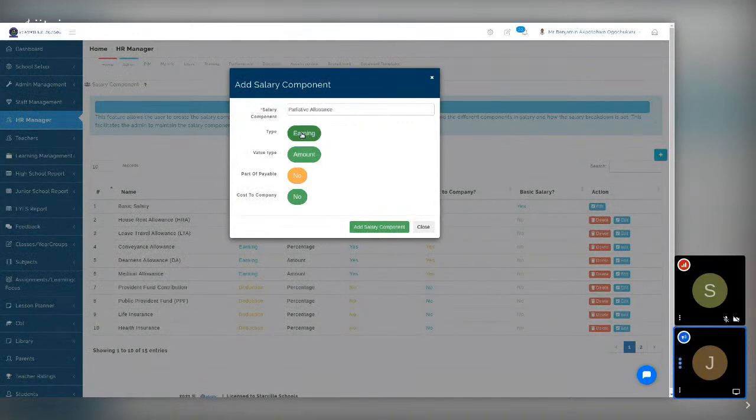So the type is earning, and then the value type, is it percentage or exact amount? If it's percentage, that means it's percentage of the basic salary. If it is exact amount, that means you're collecting either 1,000, 2,000, 3,000 naira, like that. Okay, and then we have the part of payable, whether it is part of what